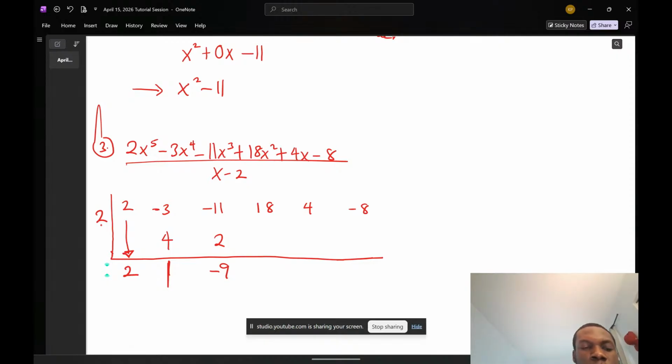Then now you are going to multiply 2 with minus 9 now. So minus 9 times 2 will give us minus 18. So 18 plus minus 18 will give us 0. Okay. So now 2 times 0 will give us 0. Okay. So now 4 plus 0 will give us 4. Right? 2 times 4 will give us 8. Minus 8 plus 8 will give us 0. So in this case,